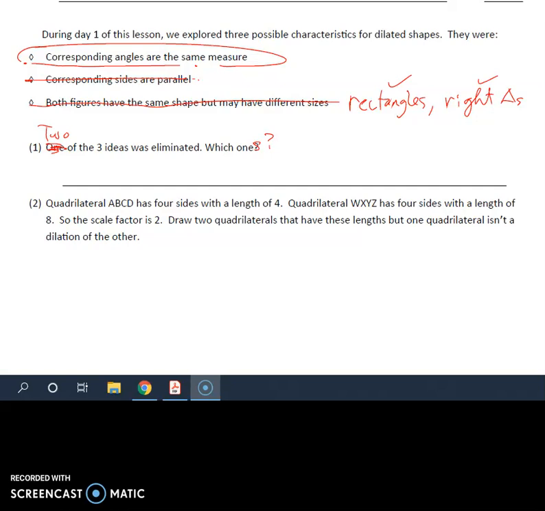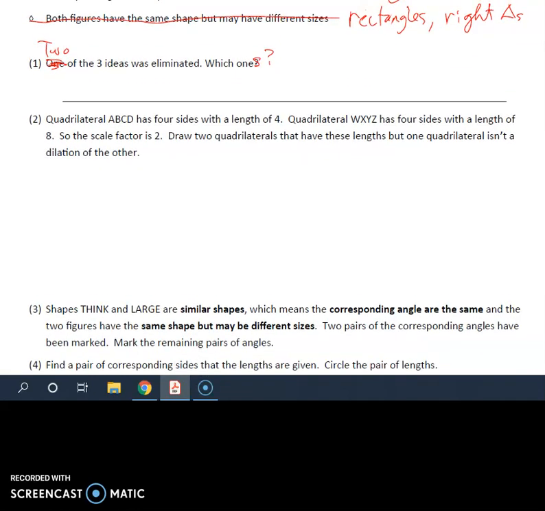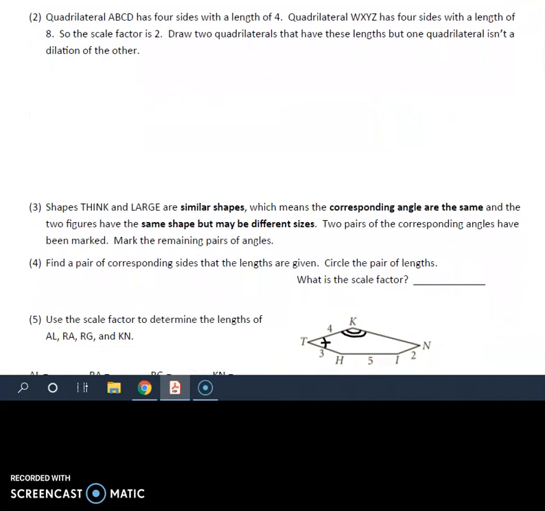So we have to be really careful when trying to decide if shapes really are similar or not. But the one thing that has always worked so far is that the angle measurements have been the same. For the four sides, quadrilaterals that are all fours but yet are not similar to each other,